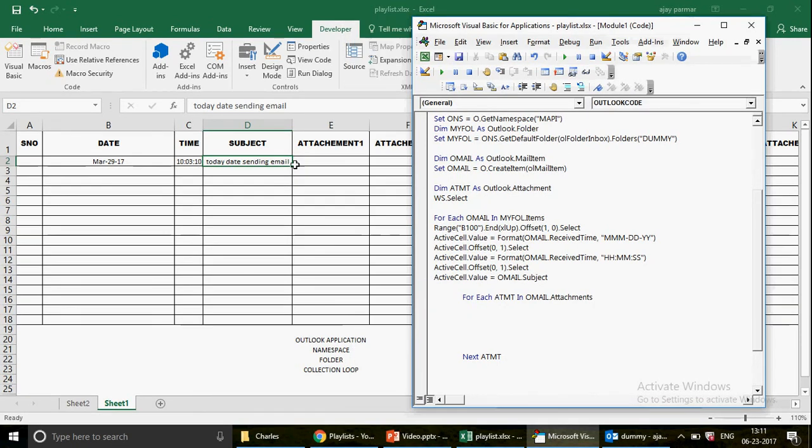Okay, so after printing this subject line, again I write here active cell dot offset, and then on the same row we will move one cell, and I'm going to select that cell. So I should be on this attachment 1, as simple as that, right? So now what I'm going to do is I'm going to run this, and so here what we will do